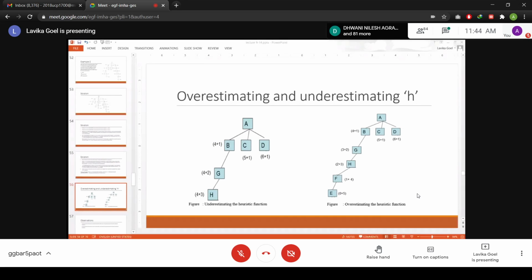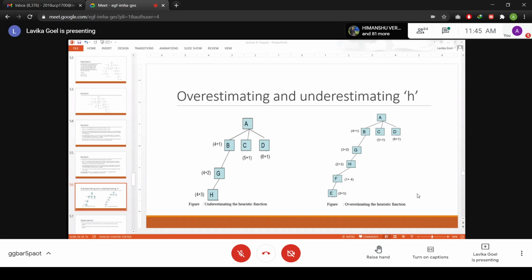But actually, I'm saying that through D, you might be having a better path, but you made D look so bad. That means you have given the heuristic value of D so high that you will never choose this D. Because the total F value of D is 7. And when you go to the left hand side branch, you are always getting a lower F value. And finally, you reach the goal state through five levels of nodes. So you reach the goal state through five edges, through five levels. But it might be the case that the goal state E could be reached via D through a shorter path. But since you have taken the heuristic value of D so high that you will never choose this path via D.